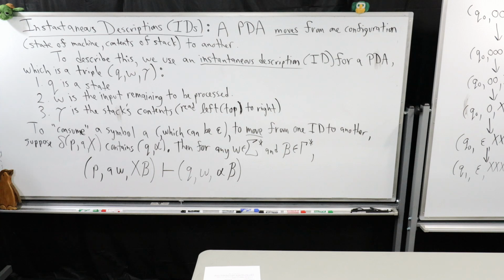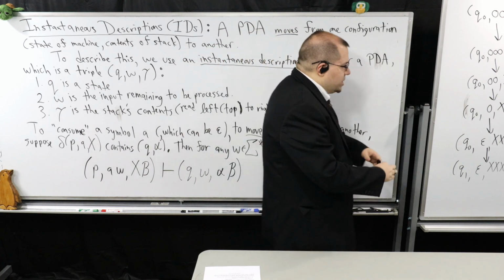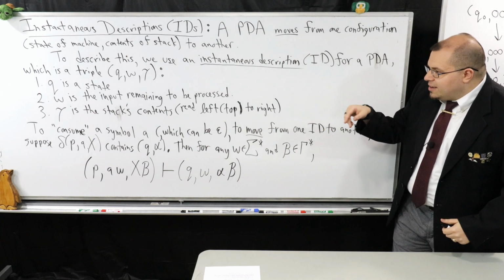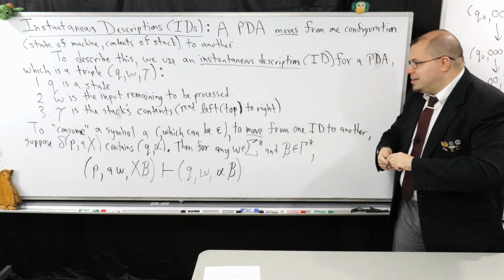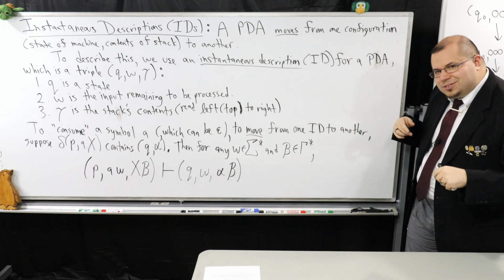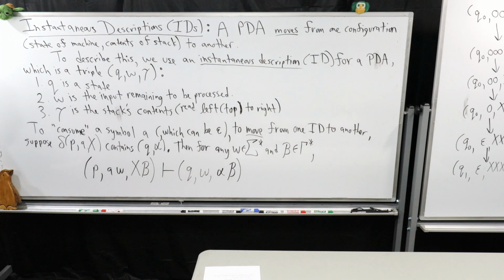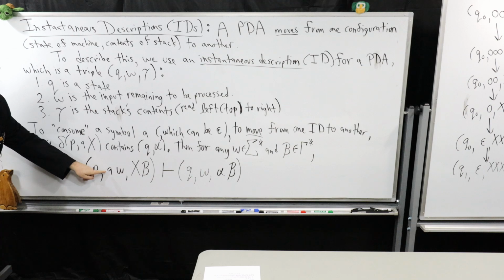What this means is to go from one ID to another for the PDA. So suppose I give you a transition on delta here of P, A, and X. Remember, P is a state, A is an input symbol, and X is going to be the top symbol on the stack, right? And suppose this contains in its set of pairs that it returns back, Q, comma, alpha. So the way I would describe a move to you is if I consume symbol A, what happens is I can go from state P, where I consume symbol A,